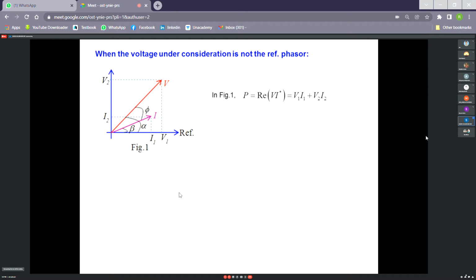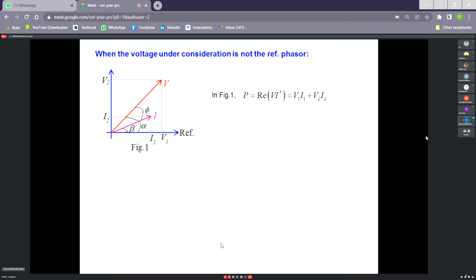So obviously we can calculate Vi cos phi, Vi sin phi. But in that case, we have to see the phasor diagram. We have to visualize this at first. Then we can do that one. So if we want to do this through computer programming, then we need some convention. That's why we use Vi conjugate.